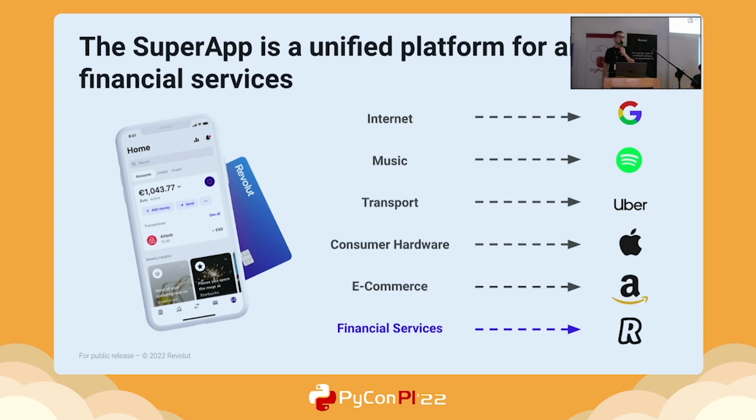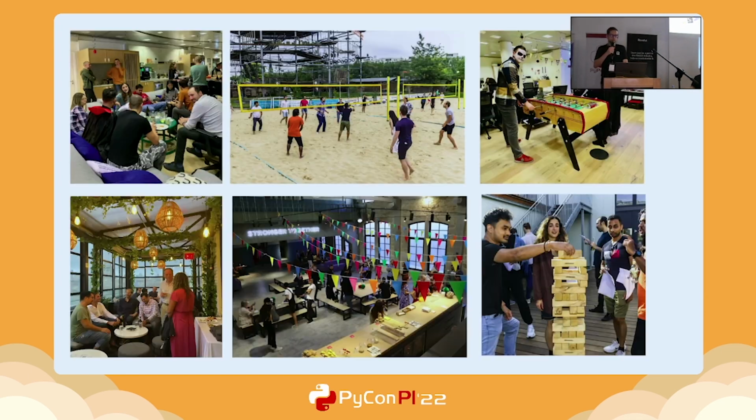So when you think about, let's say, streaming or music, you immediately think maybe Spotify or YouTube Music. When you think about consumer electronics, it's Apple, and the idea here is to make Revolut the super app for your finance, anything about your finance. So loans, cards, crypto, stock exchange, and everything, namely.